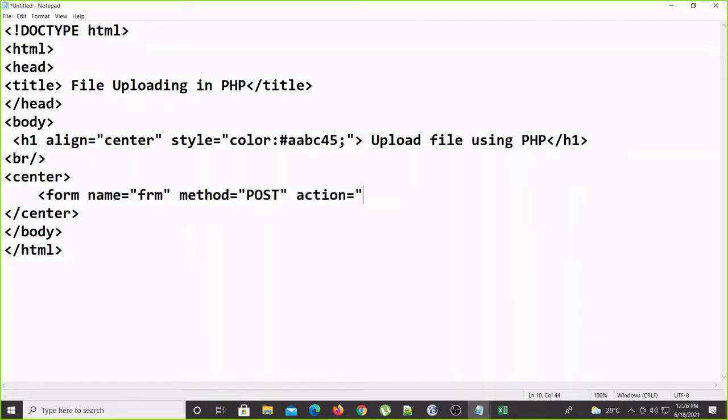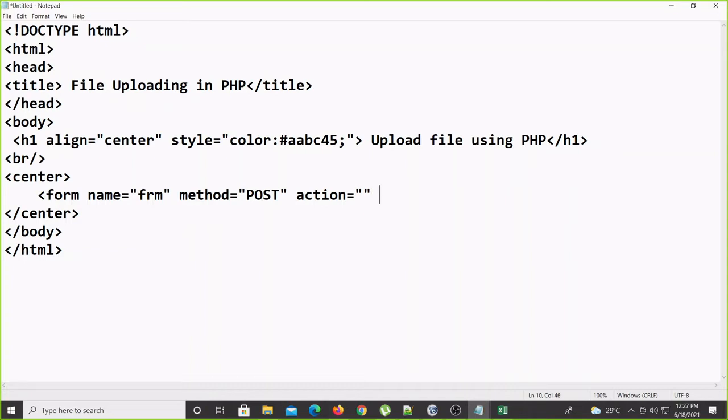Then action, both options are there. This file I can transfer to some other page, and there again I can write the PHP code. Otherwise in this page itself we can do it. My planning is that I will do it in this page only. Otherwise another page is also not a problem. The same PHP code we are writing, we have to write in a separate file with the .php extension, and we can write that file name here under the action. Here my intention is to use the same page only, so action equal to this one.